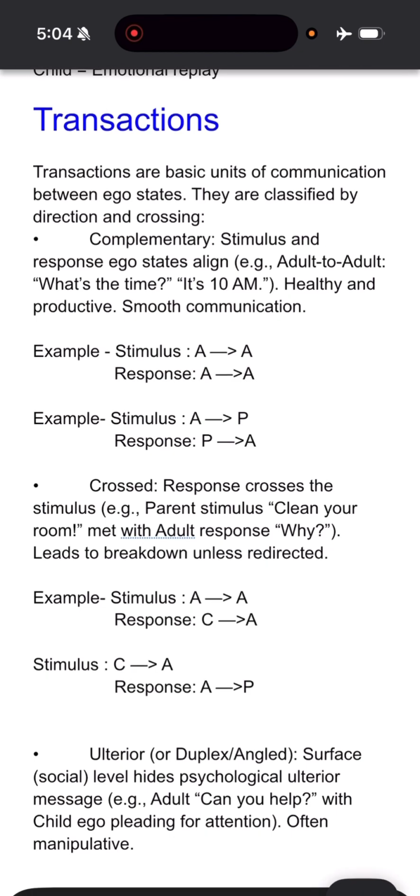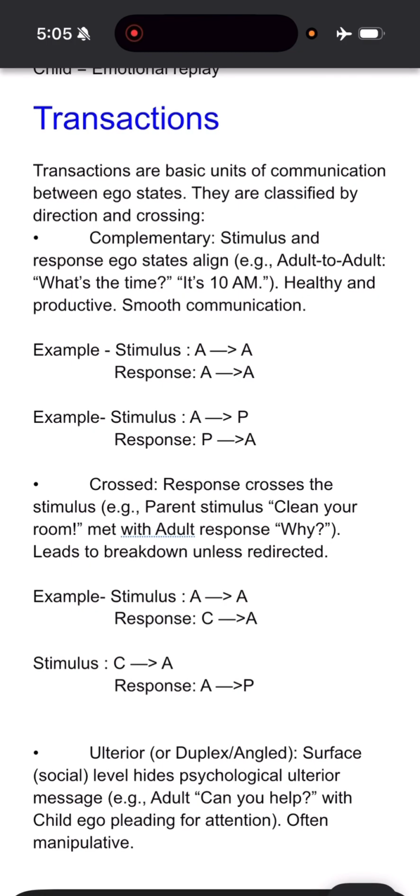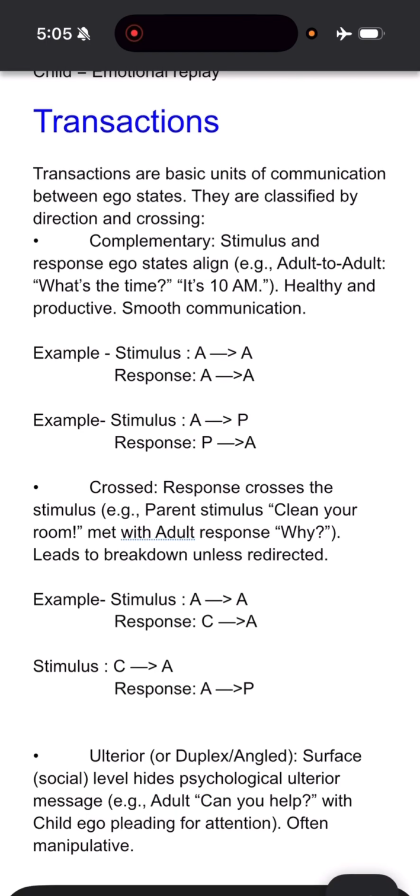Now complementary transaction means when the communication occurs between two similar ego states, means the stimulus and response ego states are the same. For example, if the stimulus is A to A, I am talking as an adult to you as an adult. I am considering you as an adult and I am talking to you. So that is an adult to adult stimulus. And the response should be how? You should also